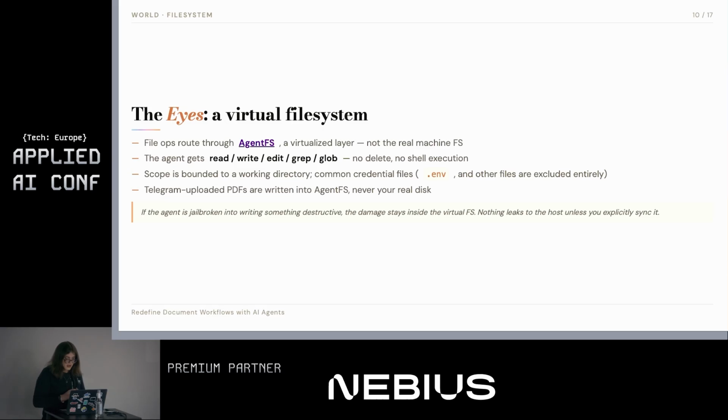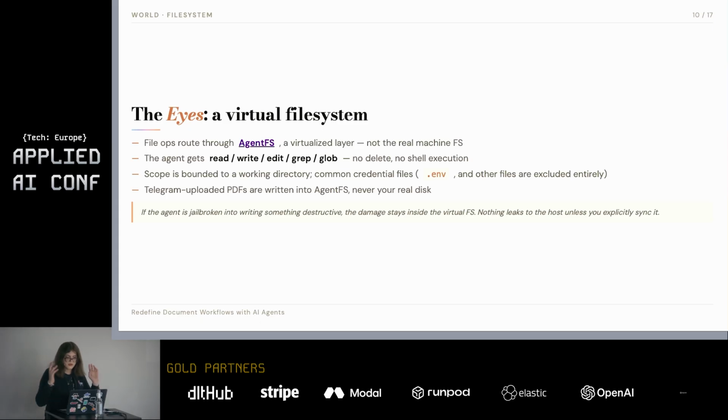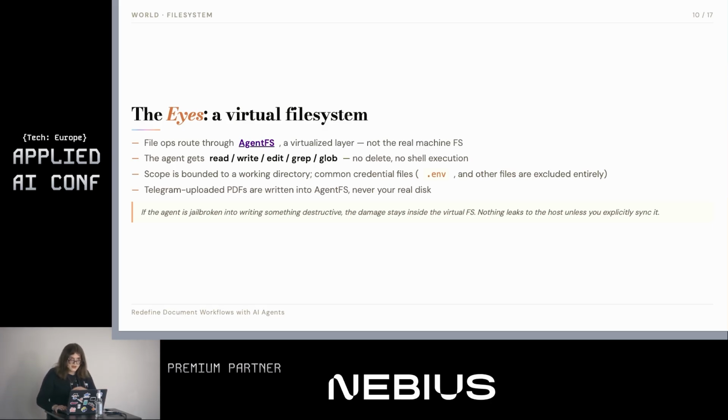Of course, all the documents that you upload through Telegram or through other interfaces are not written onto your disk, they are written into agentfs, which is basically an SQLite-based virtual file system that just keeps the data there. So even if the agent is jailbroken into performing a dangerous, destructive action, what gets destroyed is the virtual file